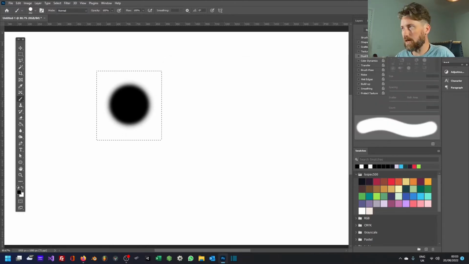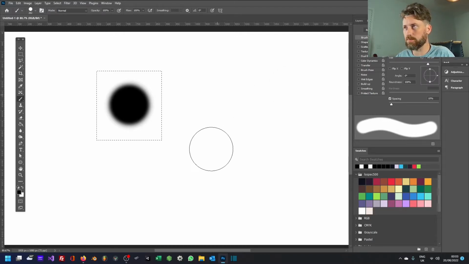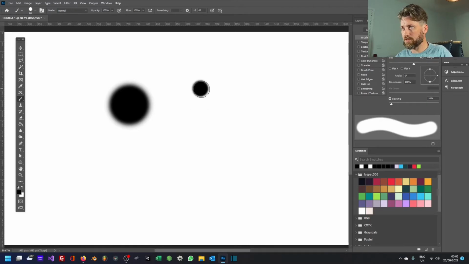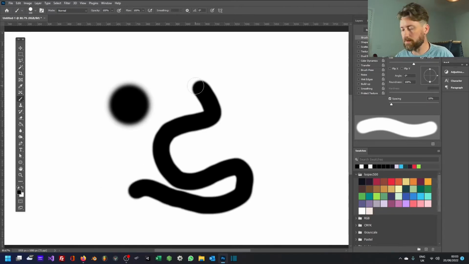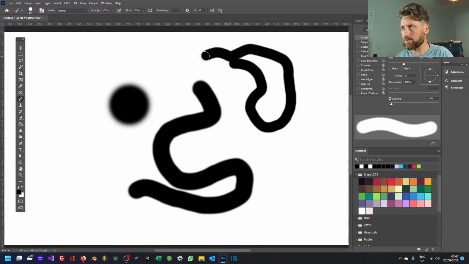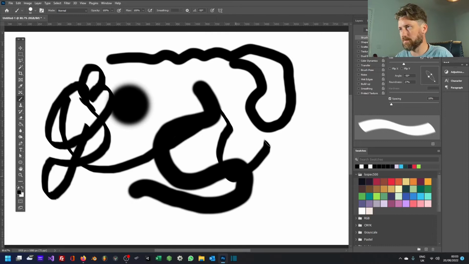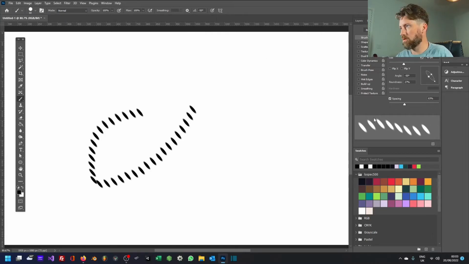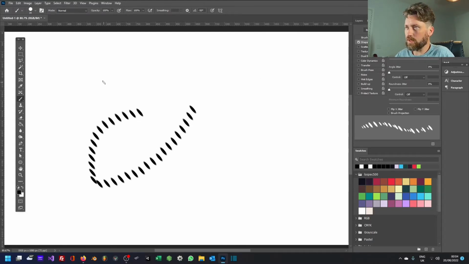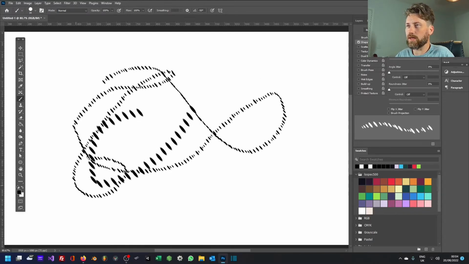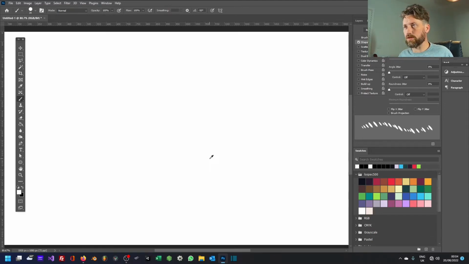And in here, I have a whole bunch of options. So if I just go, first of all, with the brush tip shape. Right now, if I start drawing with this, you can see, well, I'm drawing with a mouse, but you can see it's just a straightforward line. I can change the shape by grabbing these little things here, these little anchors, and then I can draw almost like a calligraphy pen, yeah? And you can change things like the spacing, like so. If you are drawing with a mouse, then it is good to have some kind of organic feel to it. So what you can do with